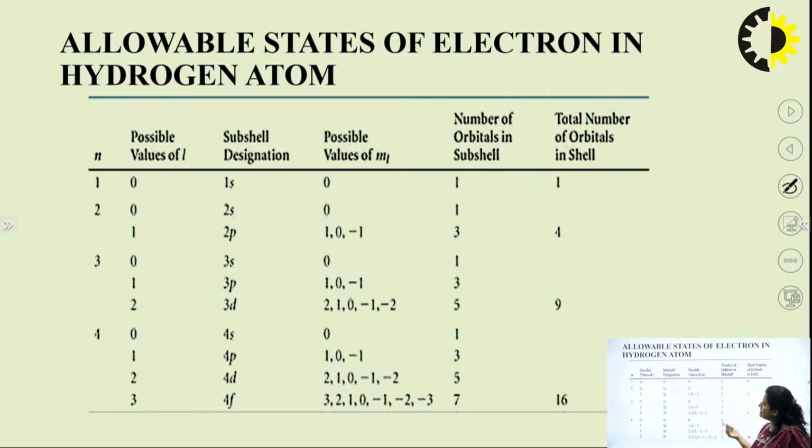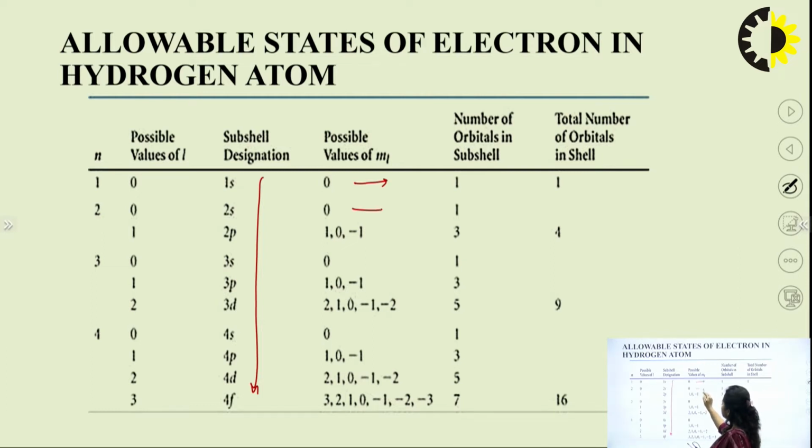And we can easily write the designation of the subshells, that is 1s, 2s, 2p, 3s, 3p, 3d, 4s, 4p, 4d and 4f. According to this designation, we can write down the values for the hydrogen atom. The possible value of m_l for the hydrogen atom is 0 for n equal to 1,